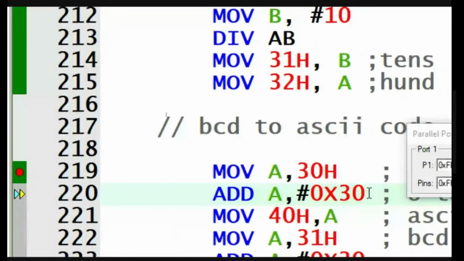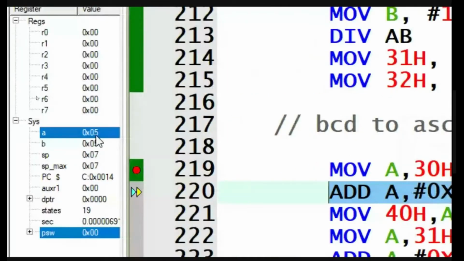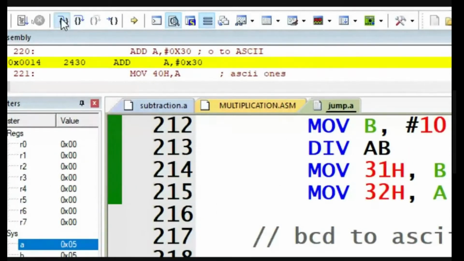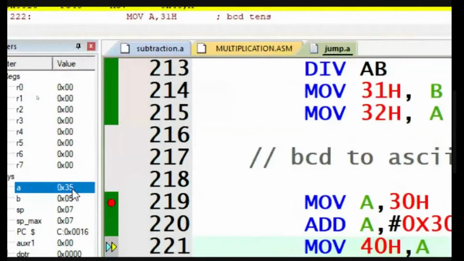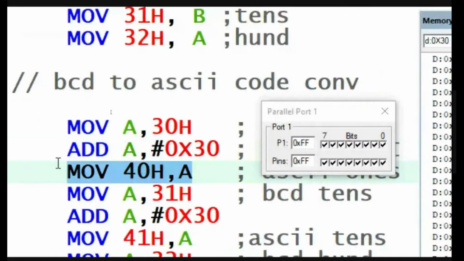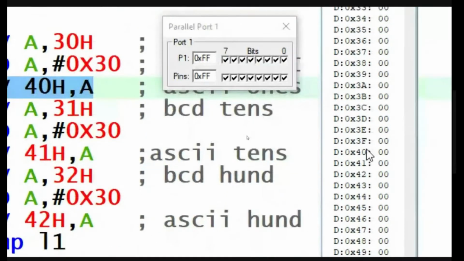Now we are adding the content of the accumulator with the immediate constant 30, that is hexadecimal 30. The content of the accumulator is 5. When we add hexadecimal 30, it will become 35. Yes, the accumulator content has become 35. So now the accumulator contains the ASCII equivalent of ones, which has to be moved to memory location 40. That is MOV 40H, A. Now the 40 memory location is 0.